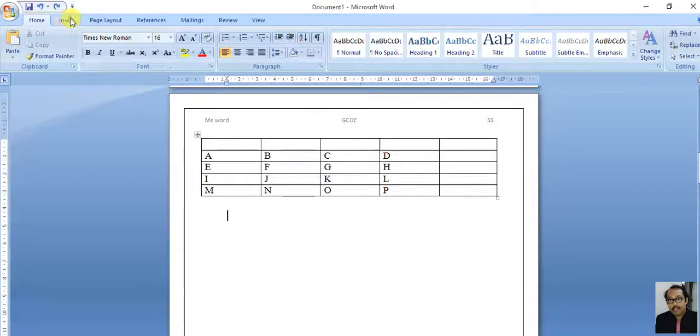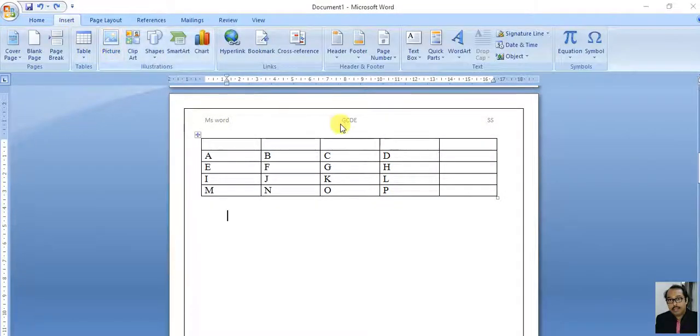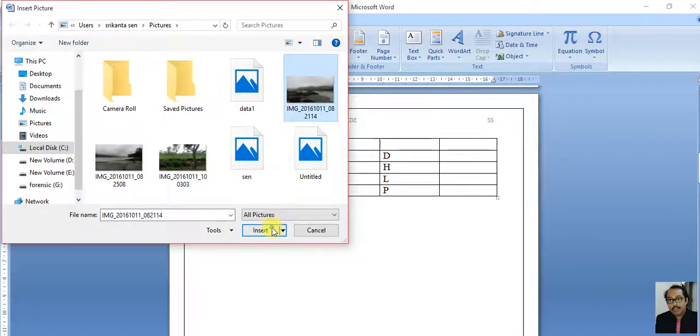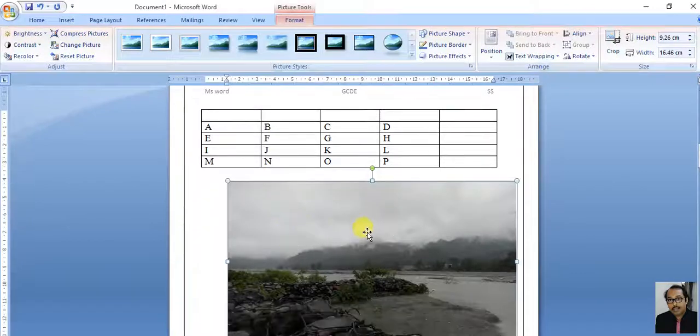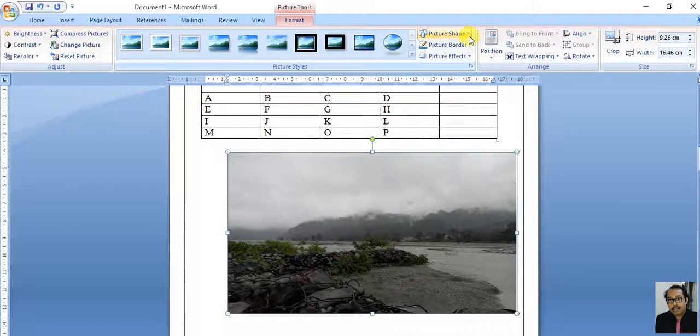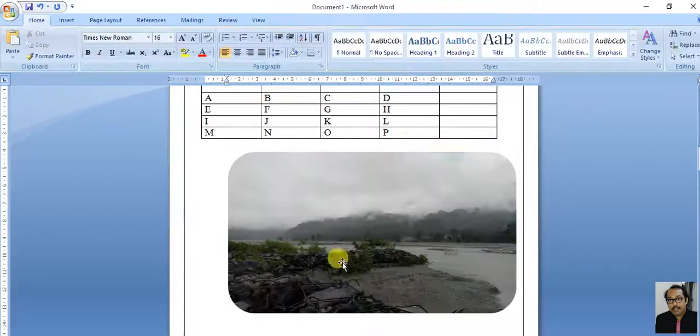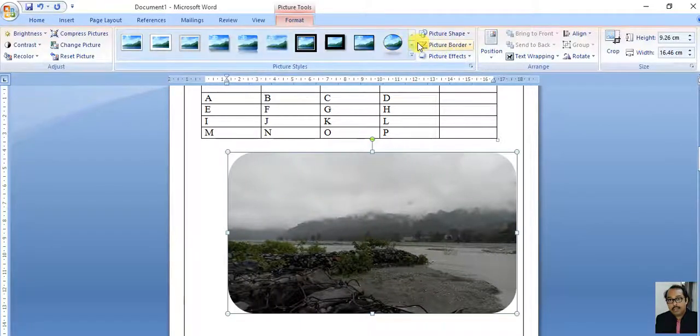Next one is simply inserting a picture. I have selected this picture, this is a bigger picture, and I can add some picture shapes. Can you see the changes in the shape?